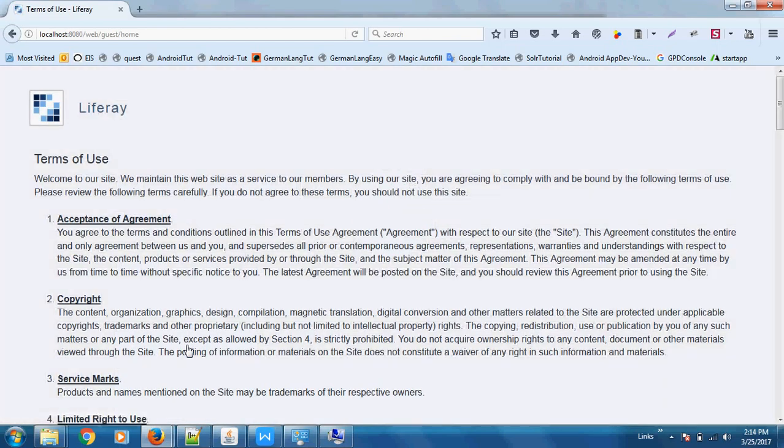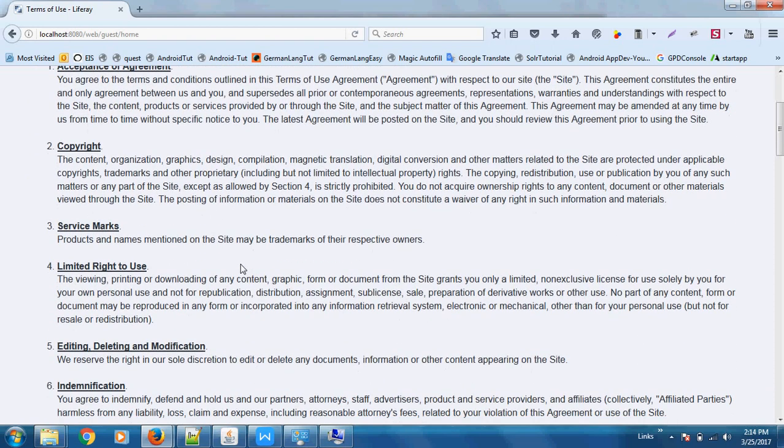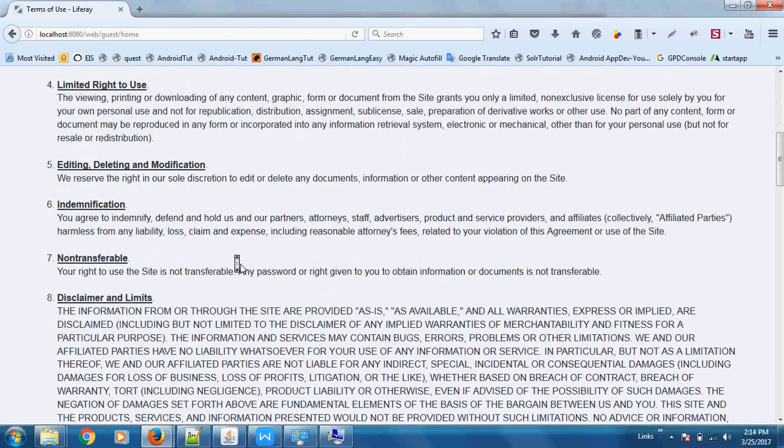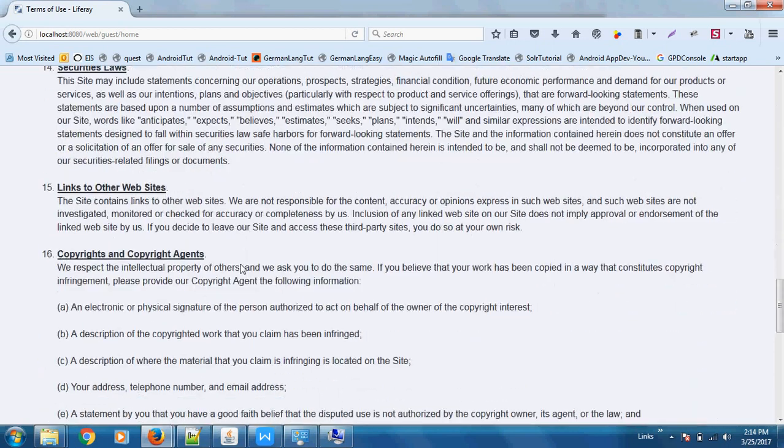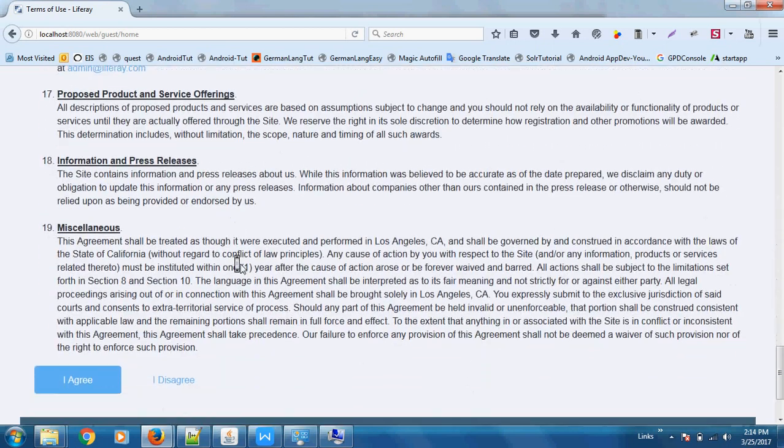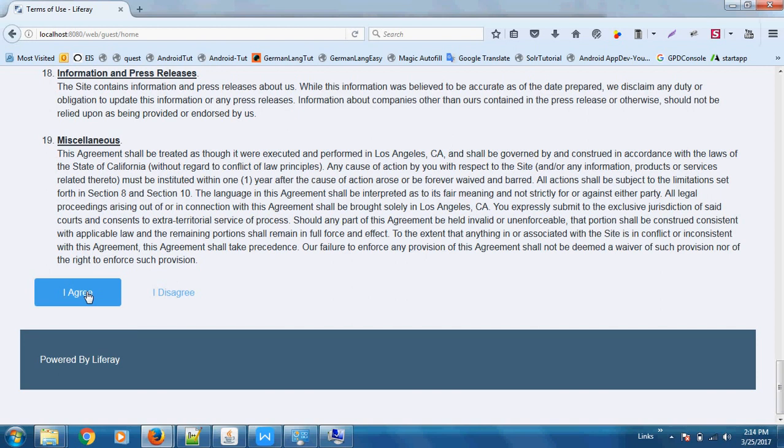Okay, after the basic configuration, it will ask you for the terms of use. You should read the terms of use for this community edition, and after reading them, you can click on I Agree.